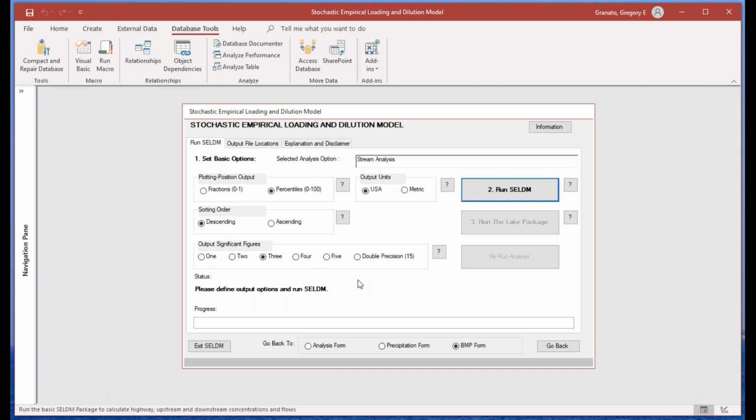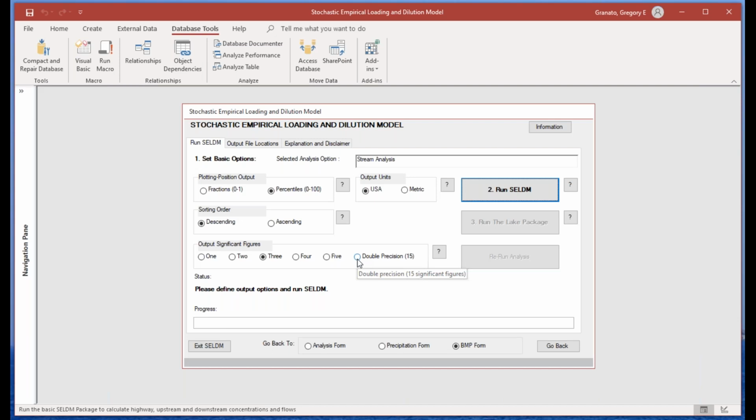The significant figures here, most environmental data is available in 3 significant figures in reality. But if you're trying to verify calculations, you might want to go to this double precision, so that all the inputs and outputs, there won't be any rounding factors. If you are doing TMDLs, your loads are probably only really good to 3 significant digits, but if you're trying to add up all the storm flows from a year to get the annual load or the annual flow, because of rounding,